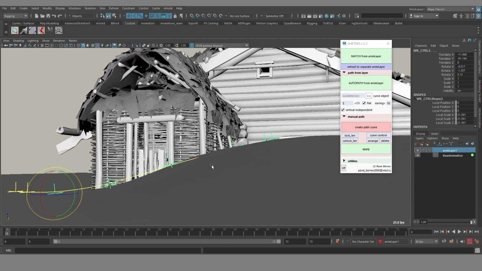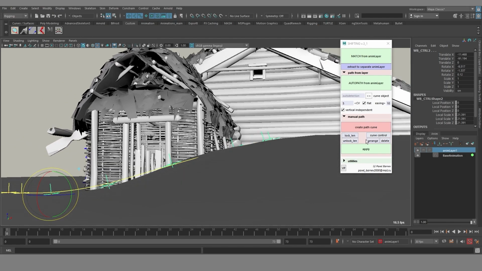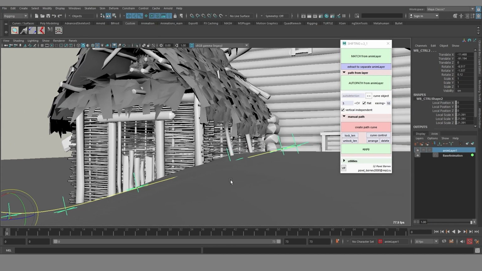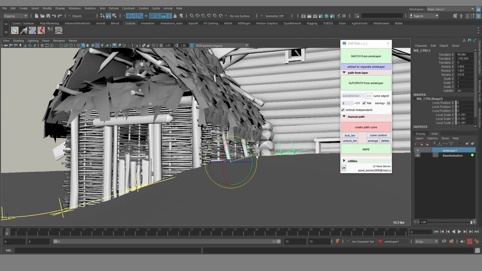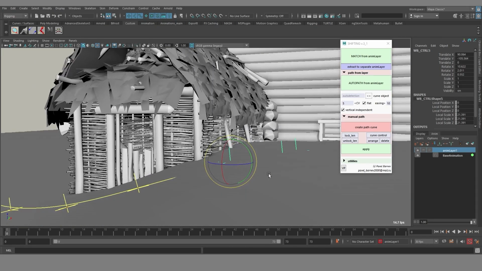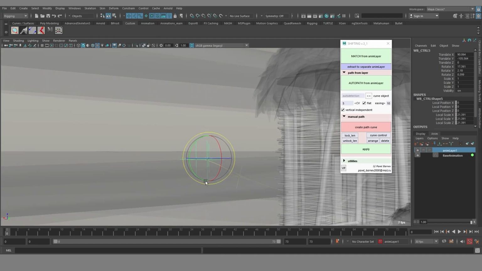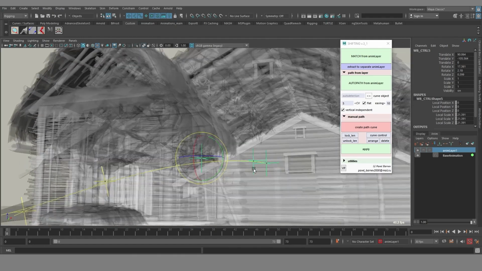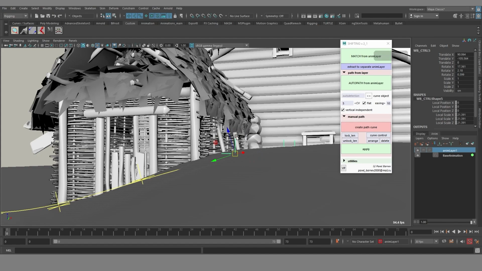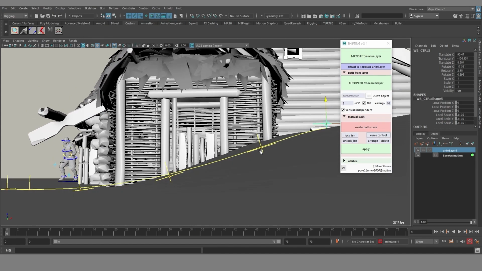Yeah, something like this. Again, it's better to do through curve control in order to save the changes to the curve. Yeah, maybe approximately like this. Nice. The last two locators should be located on the plane. I can move it up slightly right here. Then